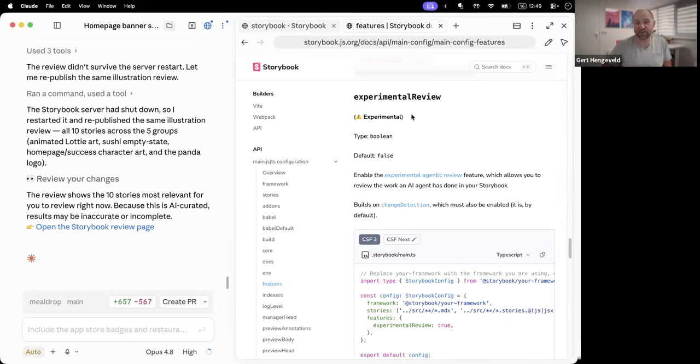Well, yes. I mean, Agentic Review is the MCP server. So you need the MCP server to be able to use Agentic Review. In a nutshell, what it does is use the change detection, which is also